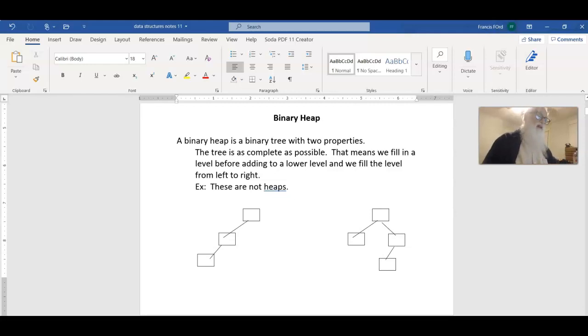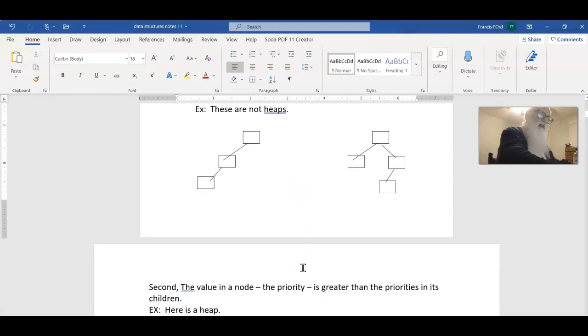Now, I'm going to use a binary heap, and a binary heap is just a binary tree with two special properties. The heap is as complete as possible. In other words, in this tree over here, we can't have this. It's not complete because there's no right child of the first node. Over here, there's no left or right child of the second node. These violate the two rules. It's got to be complete as possible, and we fill in a level from left to right. Now that makes it easier to store, because if you do that,